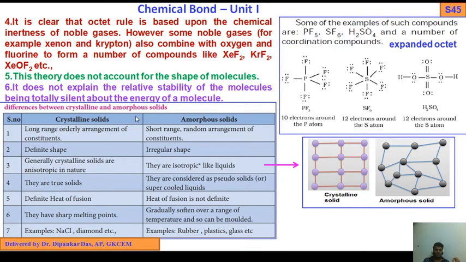Now come to the difference between crystalline and amorphous solids. Okay. So what are amorphous and crystalline? Crystalline solid means the constituent particles, atoms, molecules, ions, are arranged orderly in three-dimensional space. So in three-dimensional space, crystalline solids you see orderly arranged. Okay. So amorphous solid means the constituent particles, atoms, ions, molecules are not arranged orderly in three-dimensional space. You see, are not arranged orderly.